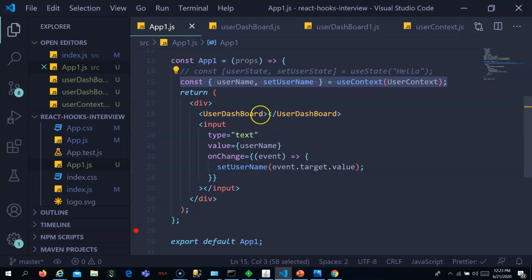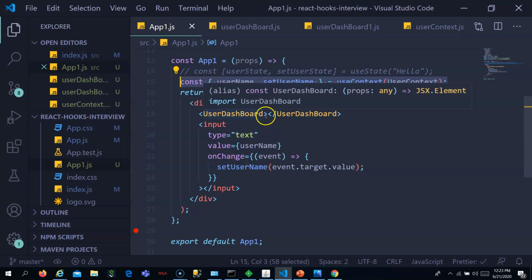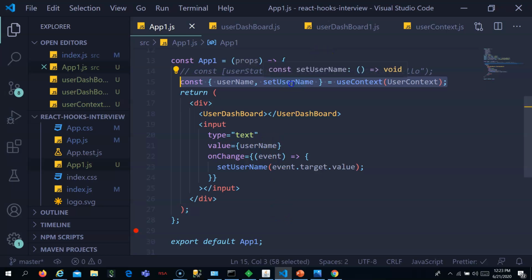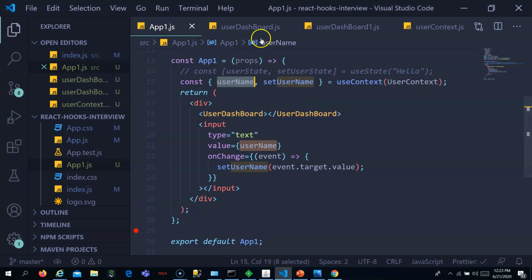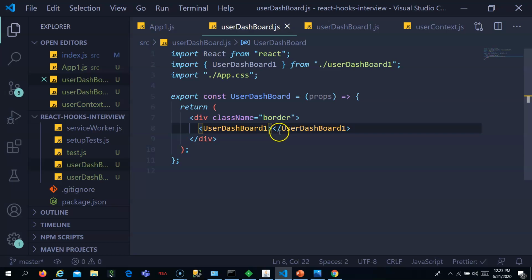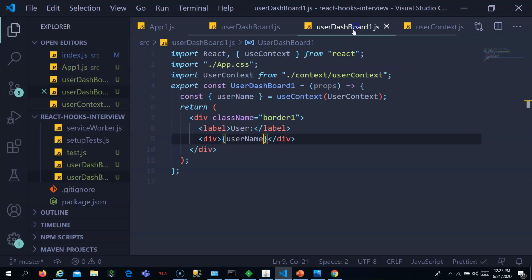Else what you would have done, you have to send this username data to user dashboard, and again send that username as props from user dashboard to user dashboard 1, and from these props we would have retrieved the username. This would happen. Now it got simple with useContext.